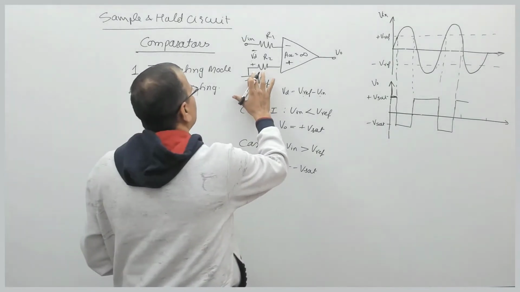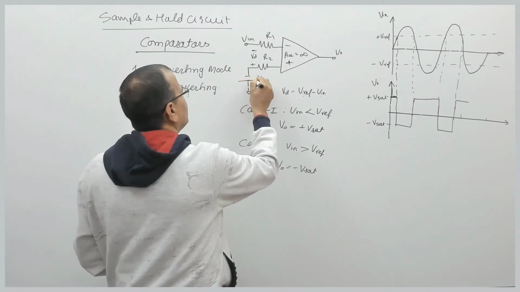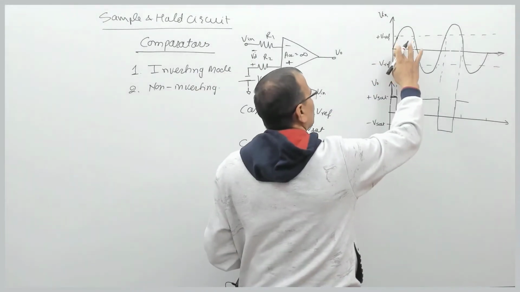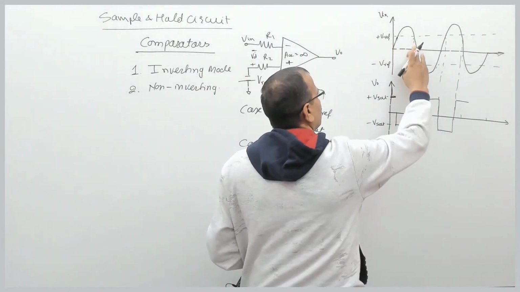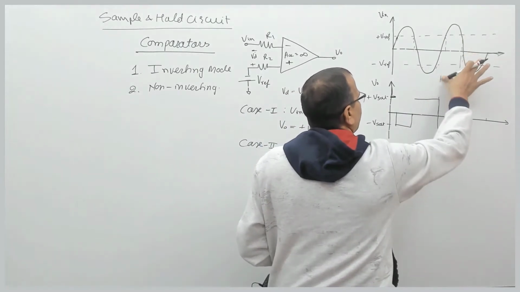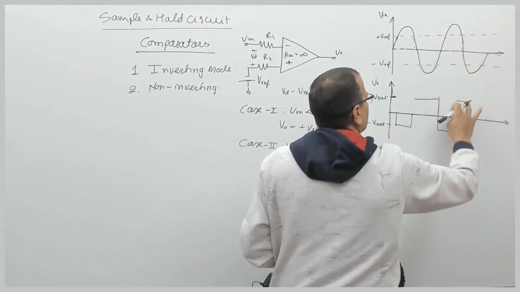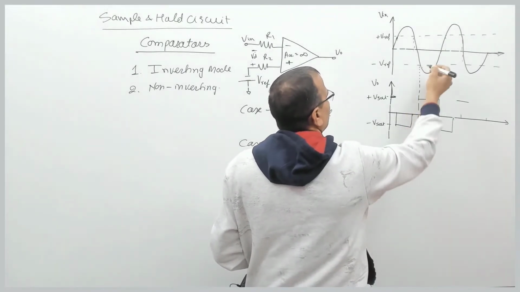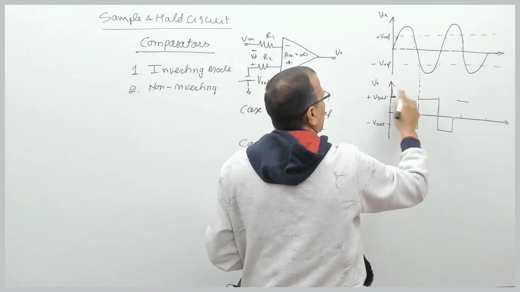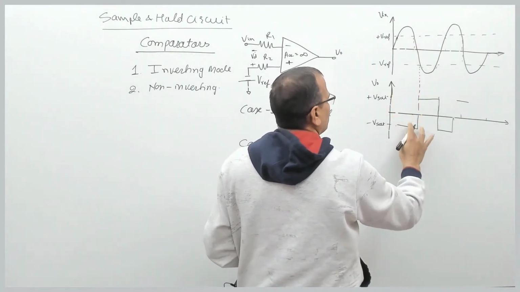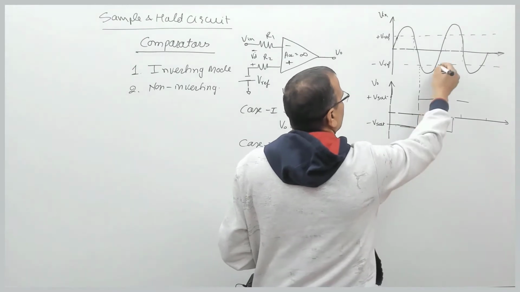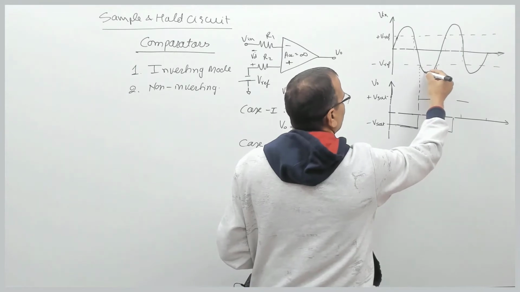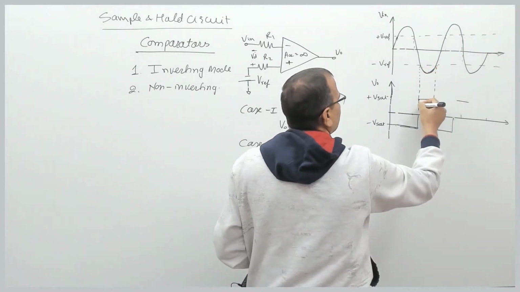Now another possibility is that I have a negative reference voltage, right? In the case of a negative reference, this will just change my reference level, and accordingly I will be getting the output. So here this will be the point. When the input voltage is more, this is the portion where the output voltage will be negative. So the output voltage will be negative in this part, and here please see it carefully, where the input voltage is less than reference, the output voltage is plus Vsat.